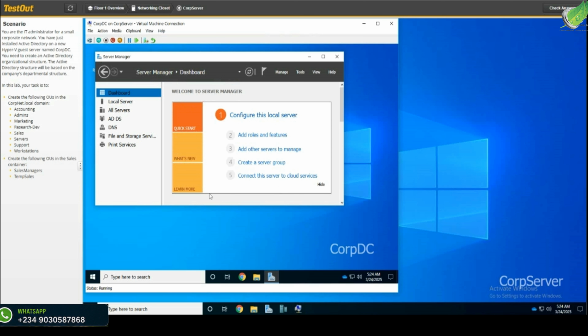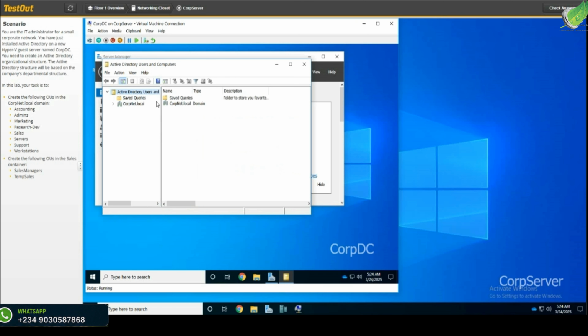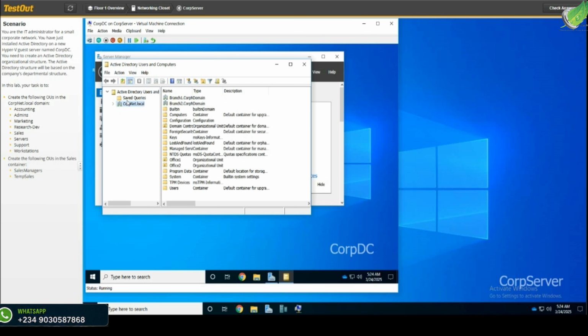Now while you are in this pane, go to Tools on the top right corner, click on Tools and go to Active Directory Users and Computers. Click on it. It's going to come up with this pane. Locate compnet.local. You click on it, and after clicking on it, we are going to go ahead and add all of